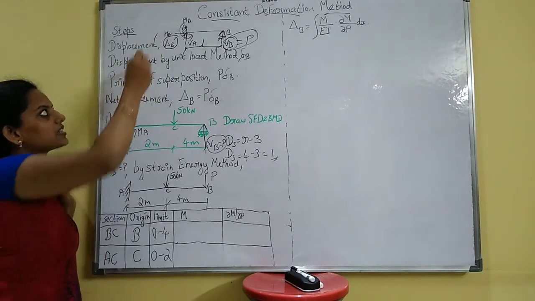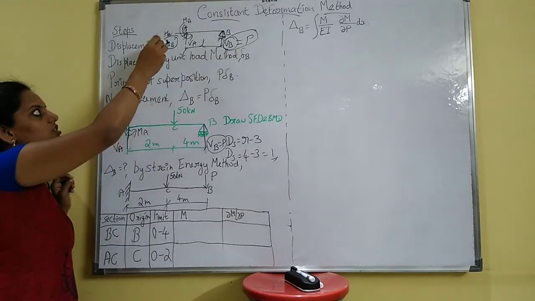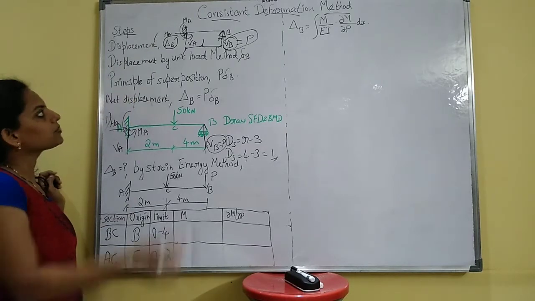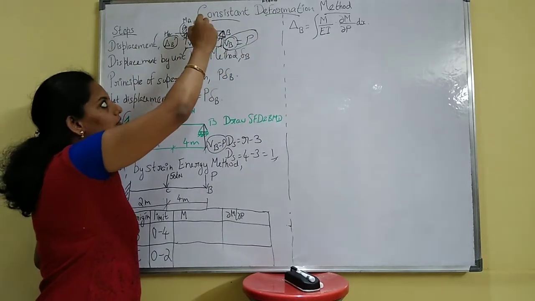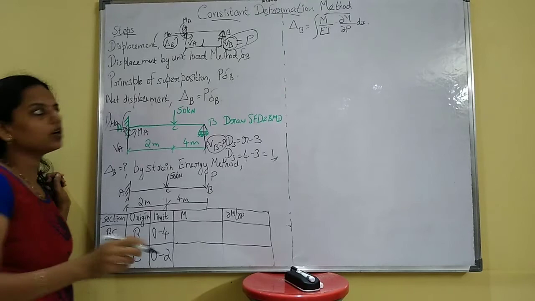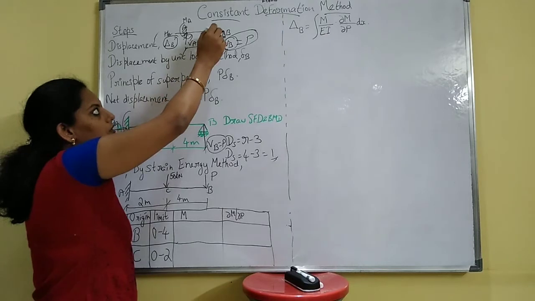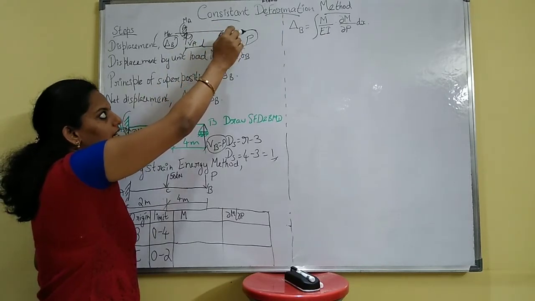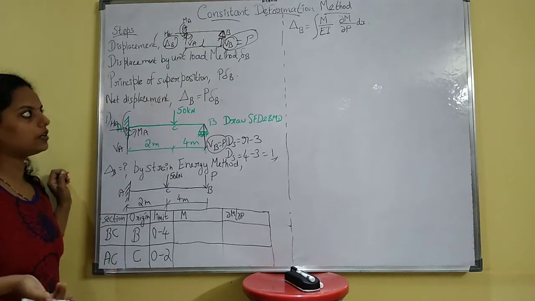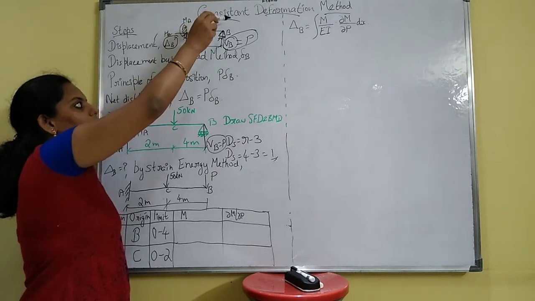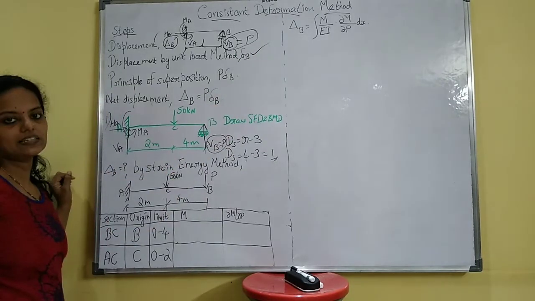Just for convenience I will call this capital delta and this small delta to avoid confusion. So first find this capital delta B. Then next step, remove whatever load is present in the problem, remove all the load and apply the unit load where you are going to find the displacement, at the point where you removed the redundant force. After applying the unit load, find the displacement by the unit load method, that is nothing but your small delta B.